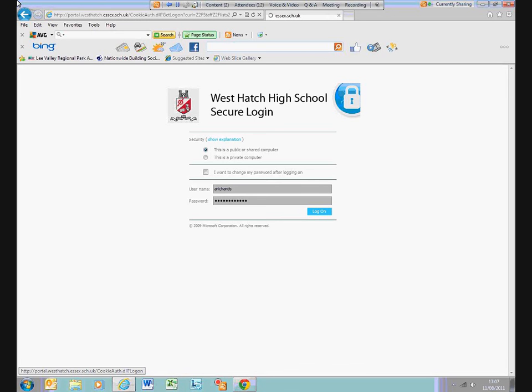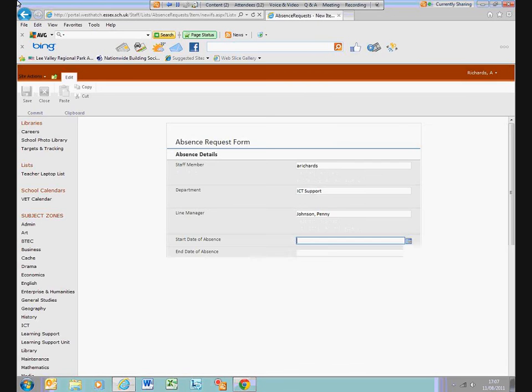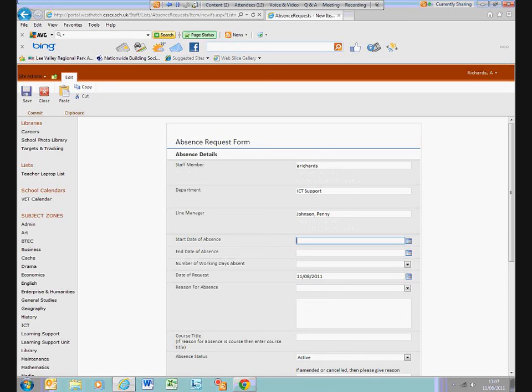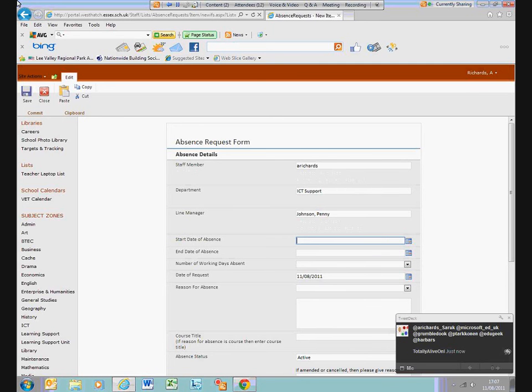And while that loads up, I'll tell you what this is. It's basically in schools, if you want to have an absence, i.e. go for a dentist appointment or doctors, or if you even want to go on a course, anything like that, you have to put an absence request in. That's the same across any business, not just schools. In schools, it's probably a slightly more complex procedure in that